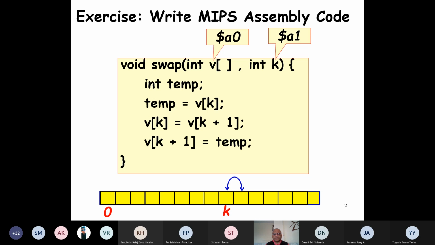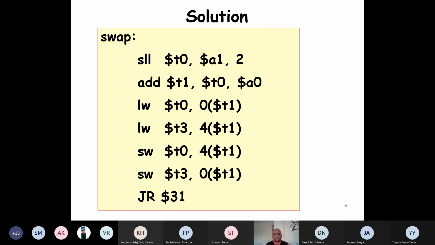K is available in argument register A1. Now let's write the code for this. We have made swap the label so that we can jump and link to swap. And then the first thing we write is the A1 register. If you remember, this contains the value of K. That is, we are going to swap the kth element and the k plus 1 element.